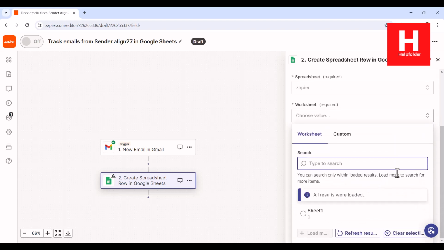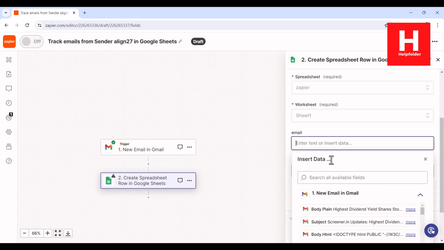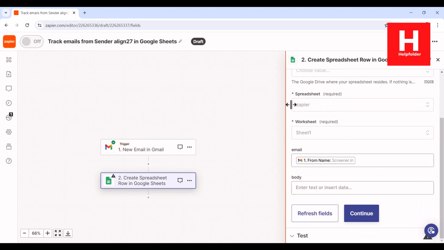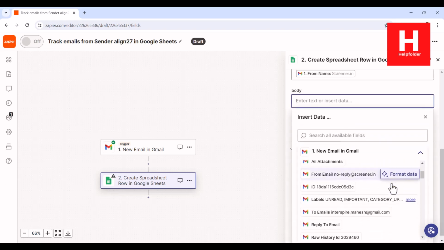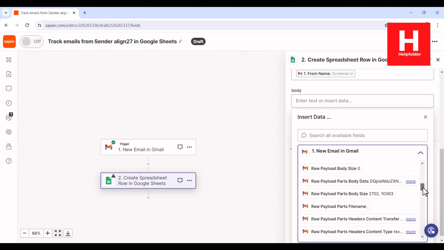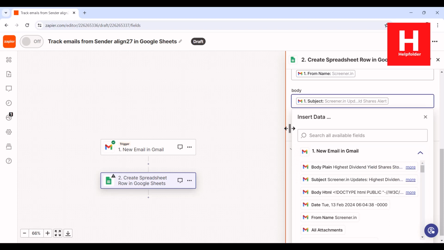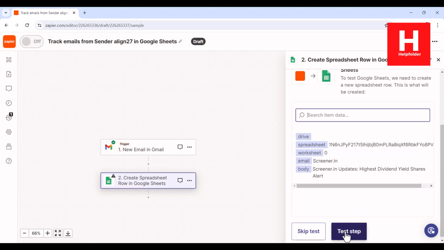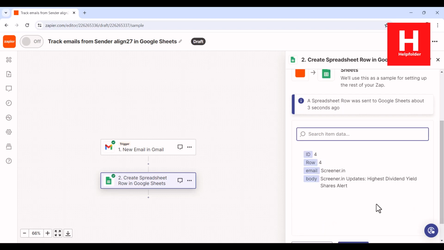Pick the worksheet if you want, right? And then we have like these two fields, email. So within email, from name is what I want, and within body I will just put in subject, right? And it will pick that field up, right? So we have like these two things ready. I will continue this. I can test this step. It should work. It will get added and